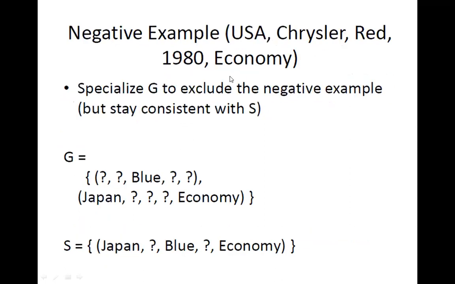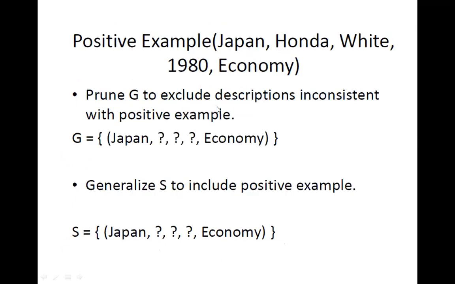Next, there is one more negative example. Okay, so the first field is USA. And again, we have to make Japan compulsory. If it is USA, negative. This is a negative example. So if Japan is there in this first field, obviously this example will be classified as negative. And red is there, blue is there. So all these three hypotheses are consistent up to our examples.